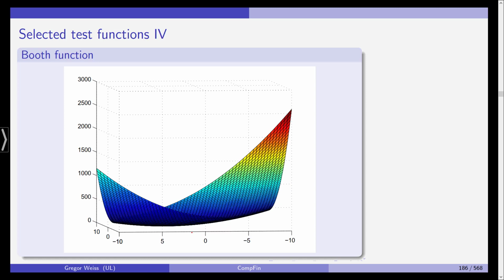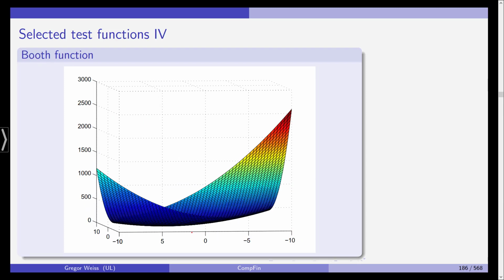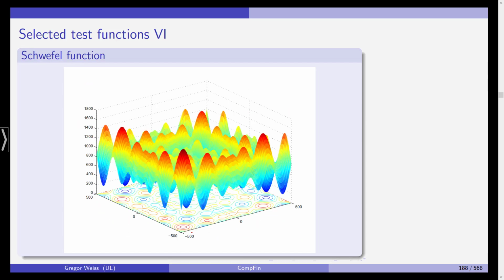This is from a different angle, and you can see what I mean. And yet another angle. So this is the Booth function, and my personal favorite, the Schwefel function. As you can see, this is a hell of a function, and later on we'll see that the